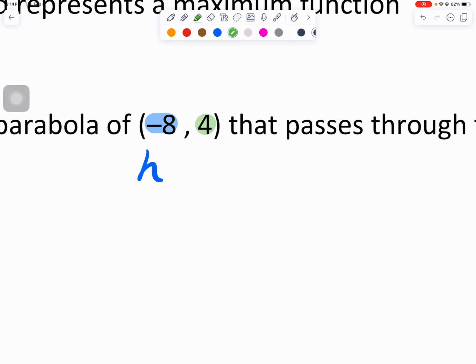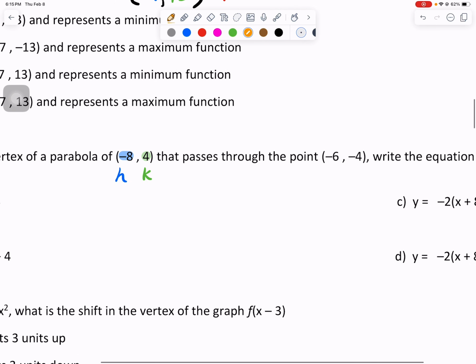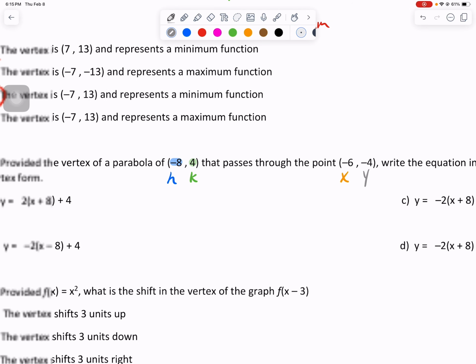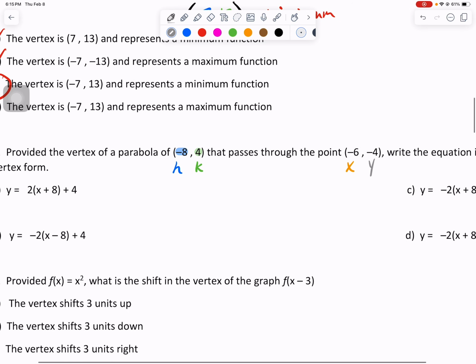My bad on that. And 4 will then be your exactly k value. All right, we will use, let's go orange for our -6. Now, -6, -4 is simply just x and y. All right, so let me do our x there, and let's go gray. Okay, now, what we do know is that when we are writing this function here,